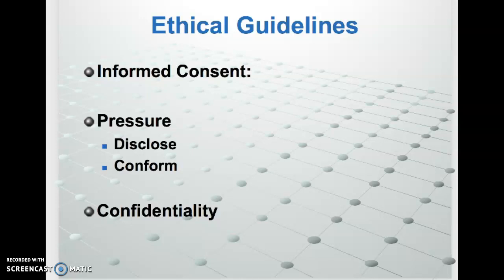So your informed consent might include things like written documentation about the procedures, how to go about getting into the group, what is the purpose of the group, what are the goals. It would include things such as confidentiality and the limitations of that. Who is the group leader? What are the qualifications of the group leader? What type of members might be engaged in the group? What are the expectations for participation? And what are some of the members' rights? So there's just a few things that you'd want to consider as you entered into informed consent starting off your group.